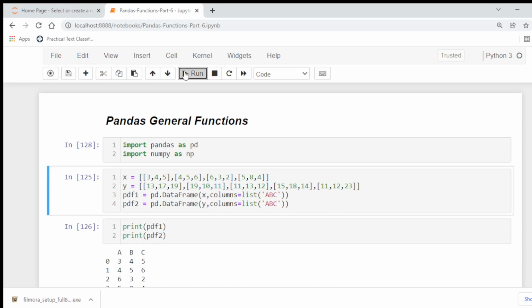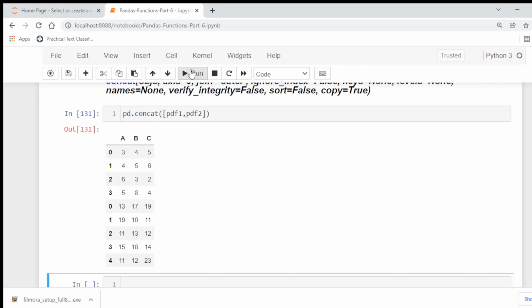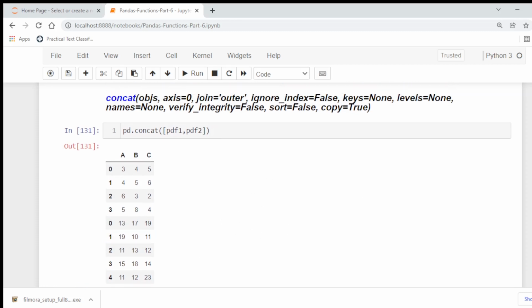So this is the concatenated output in which the first data set's index numbers start from 0 to 3, and the second data set's index numbers are 0 to 4, because there are 5 rows. So by default concatenation takes place row wise. So here there is no need to specify axis equal to 0 for row wise.